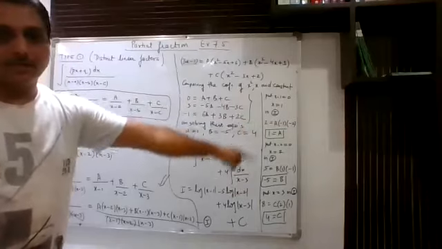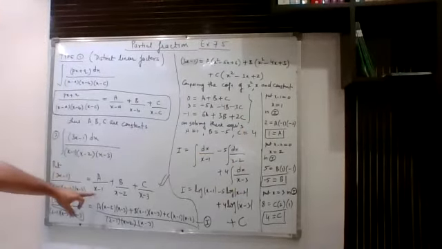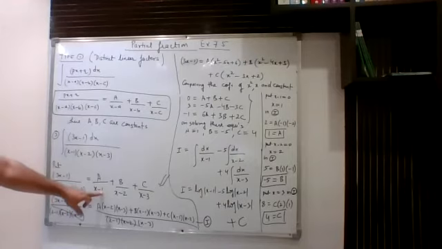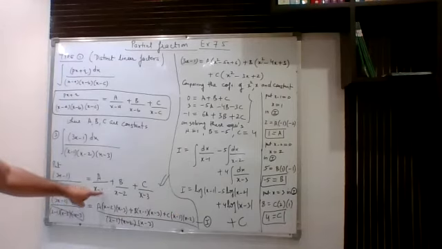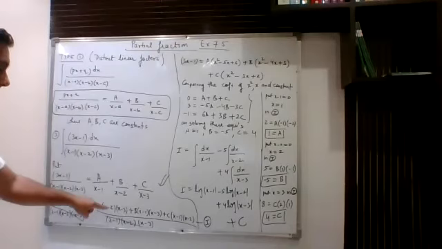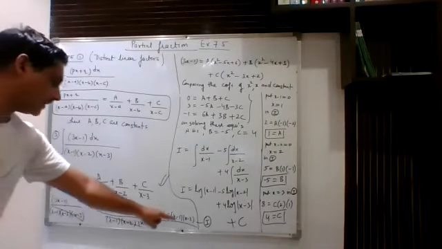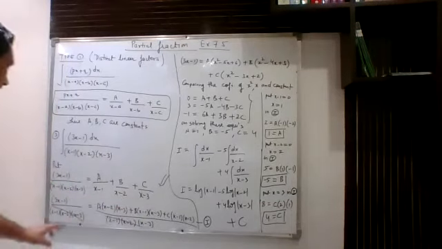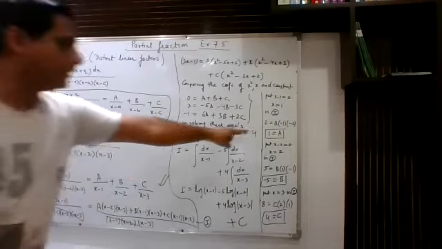Now instead of solving these simultaneously, what we are doing, we are applying this shortcut method of getting the values of A, B, C. How to apply that? In order to get the value of A, you will put x minus 1 equal to 0 in this equation. So when I put x is equal to 1 in this equation, then obviously your A will survive and these two terms will vanish. Why? Because x minus 1 we had put 0, so obviously this is 0. So from here, I am getting the value of A as 1.